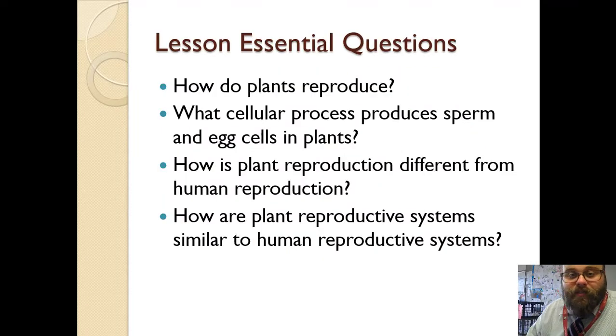Our essential questions for today are: how do plants reproduce? What is the cellular process that produces sperm and egg cells in plants? How do plants reproduce in a way that's similar to humans, and how is this reproductive system different from humans? Think about these questions as we go through the lesson today, and answer them in your notebook as you take